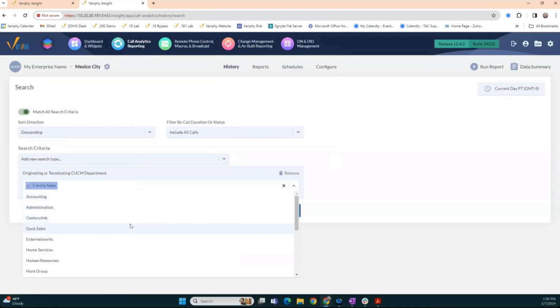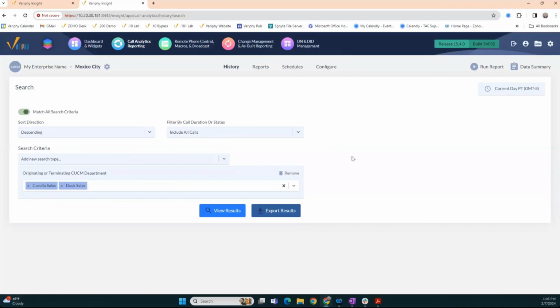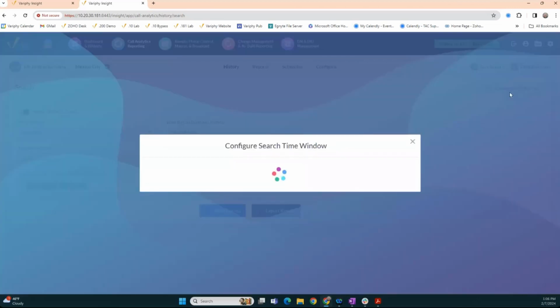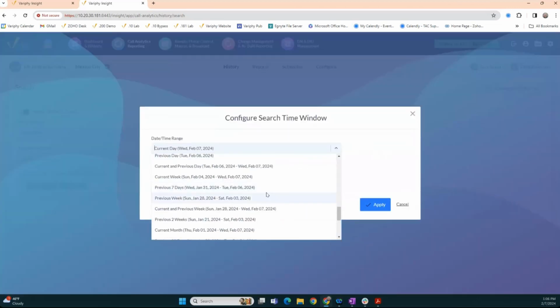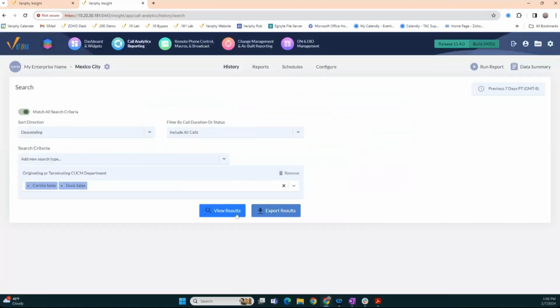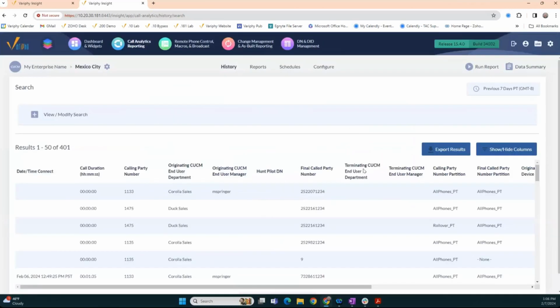we've got her Corolla sales, and then we're going to add the duck sales there. So we're having this as the originating and terminating CUCM department so that she'll be able to see both the calls that come to and from both of those departments. So we're just going to take a quick look at what that'll look like for the prior, let's say 7 days. As the verified administrator, I want to kind of see what they're going to be getting, before I just